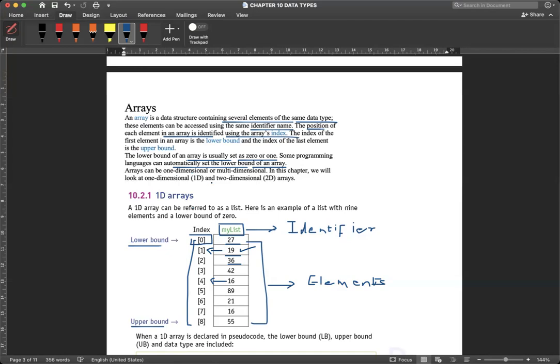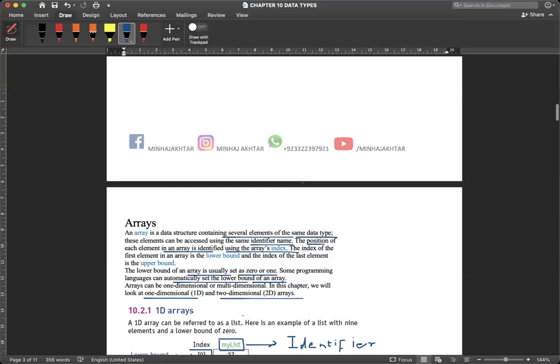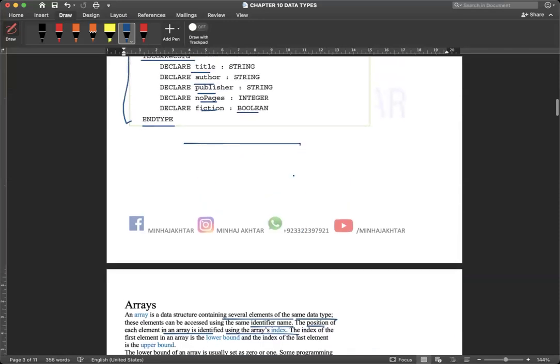Now, arrays are described as 1D or 2D. So this array, which you see on my screen, is a 1D array. What about a 2D array? A 2D array means a proper table. So like this, see this. This is a 2D array. So you have a proper table, look, like this. So serial number, let's suppose,